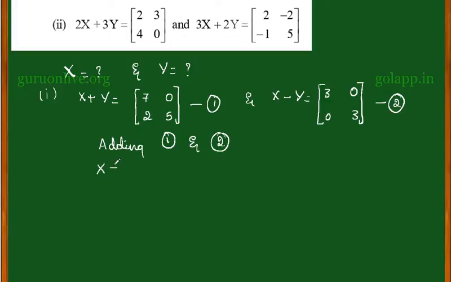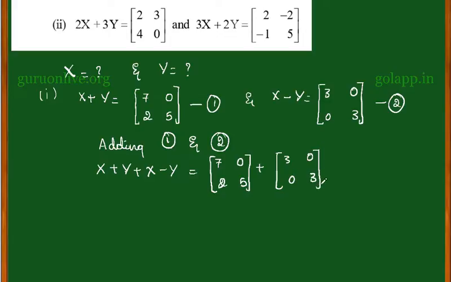So I get x plus y plus x minus y in the LHS, which is equal to 7, 0, 2, 5 plus 3, 0, 0, 3. Here in the LHS you can see I have x plus y plus x minus y. So plus y minus y gets cancelled. I have x plus x, which is 2x, which is equal to,